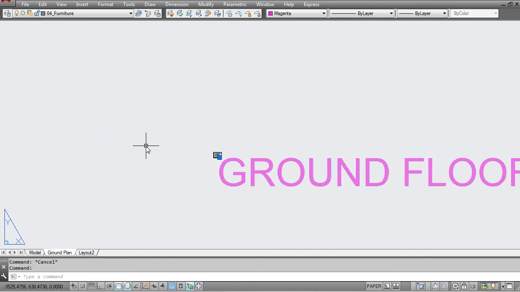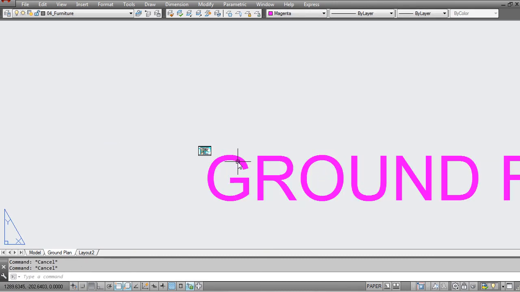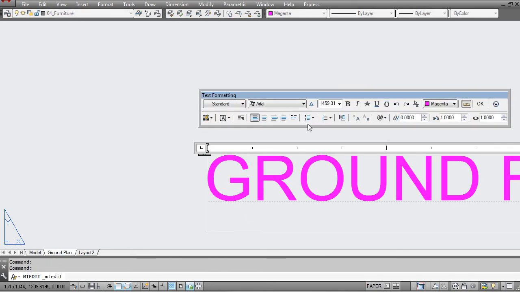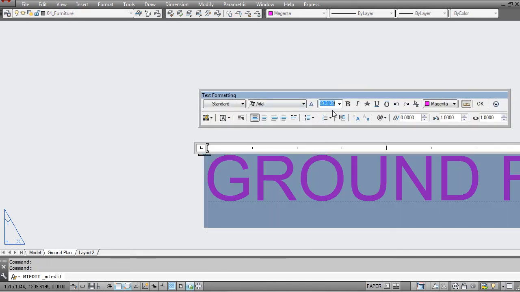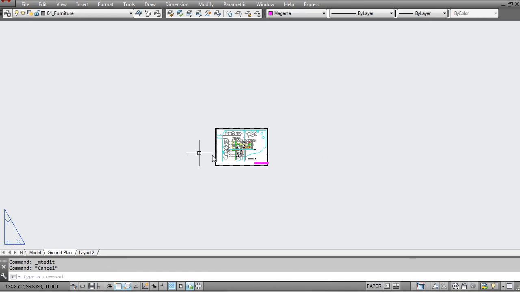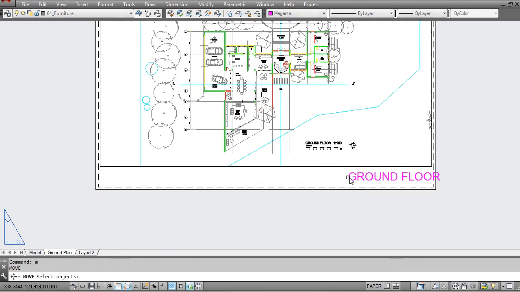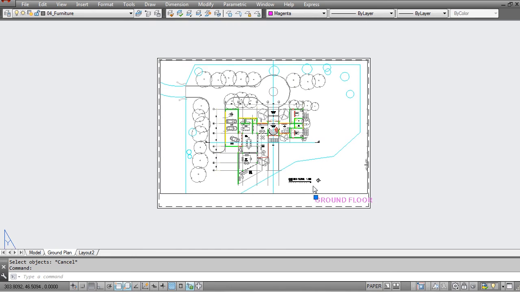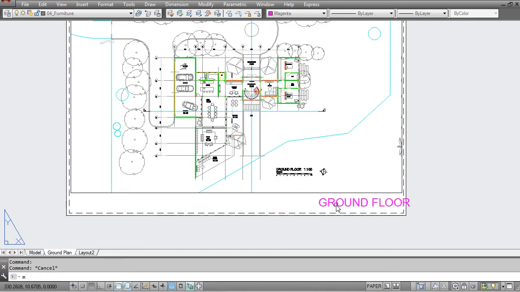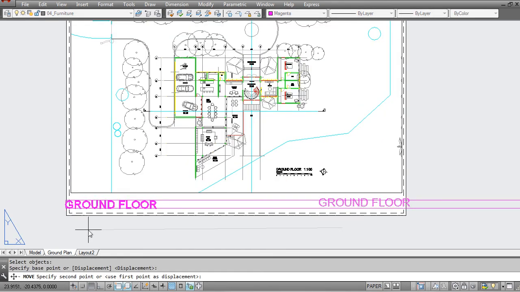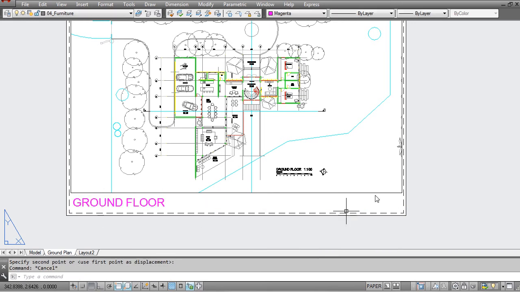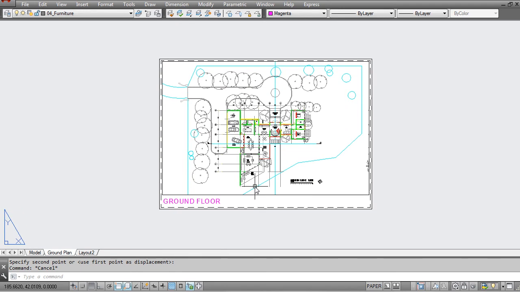So the text is actually quite huge because you are now working at hundreds times the scale. So I'm going to make the text a size of 10, and you can clearly see that you can now start to lay out your layout space, your title bar, and all the rest. If you have a very informal presentation, you can do a simple layout where you have the name of the floor, you have the scale, you have the name of the project, perhaps a logo, perhaps your name. And if you are doing a more formal architectural presentation, you would want to get the entire sidebar or